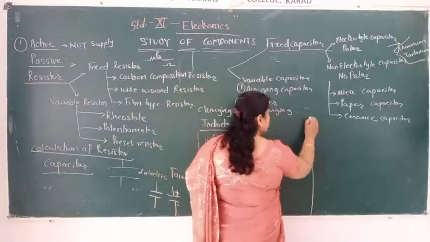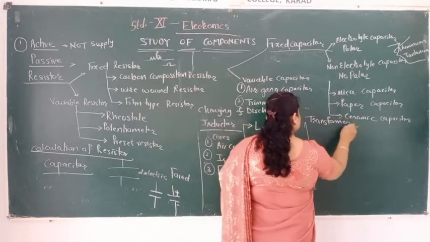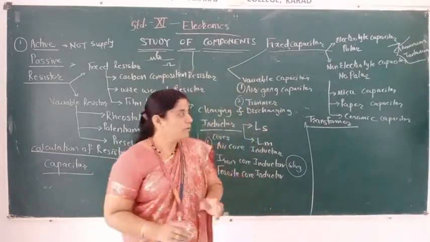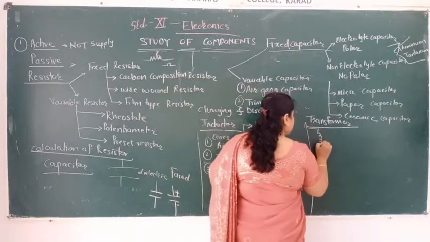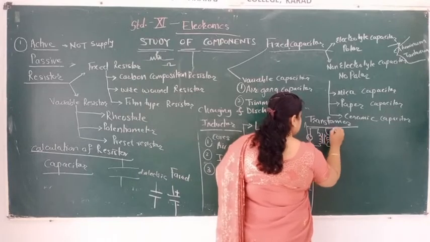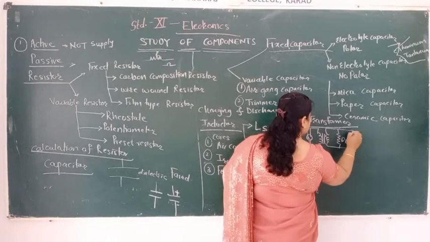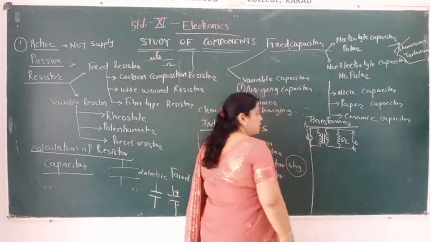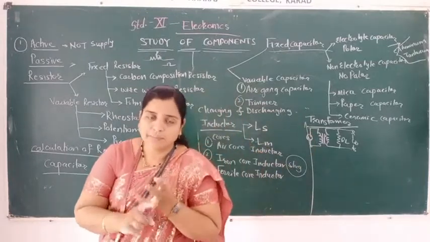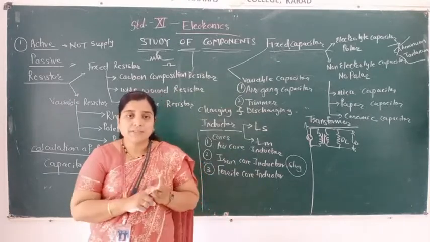Next we have taken the transformer. What is a transformer? It is used to transfer a signal from one point to another. Okay, the symbol of the transformer we have seen. The AC signal is given to the primary of the transformer, and at the secondary a load resistance is connected. Across that load resistance we measure the output voltage. Okay, so transformers are of three types: step up transformer, step down transformer, and mutual transformer.